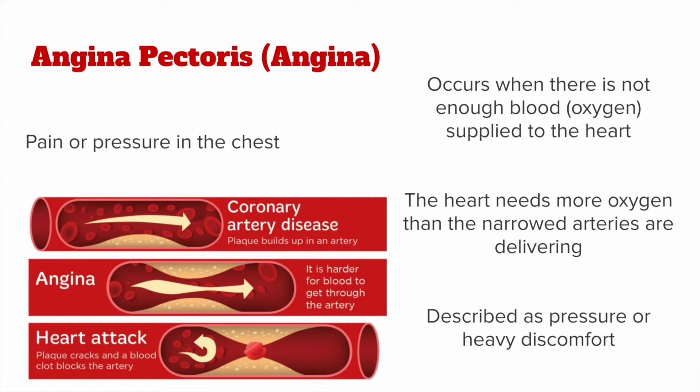Angina pectoris, or angina, is chest pain that comes and goes at different times. So we're not quite at that heart attack stage, but this is often a symptom or a sign that a heart attack may be approaching. Often this is simply called angina, and it develops when the heart needs more oxygen than it is getting due to a narrowing of the coronary arteries. When the coronary arteries are narrow and the heart needs more oxygen, heart muscle tissues may not get enough of that oxygen, and that's why that person starts to experience that pain.